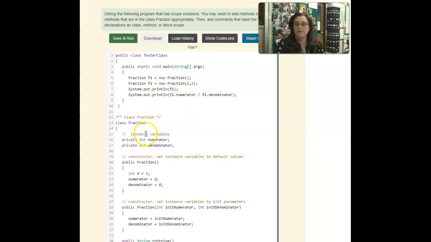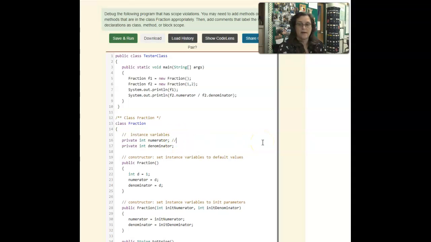So we come down here to our class fraction, and we've got instance variables, private int numerator, and that has class scope, and private int denominator, that instance variable also has class scope. So those instance variables, when a new object is instantiated, those numerator and denominator instance variables in our constructor are